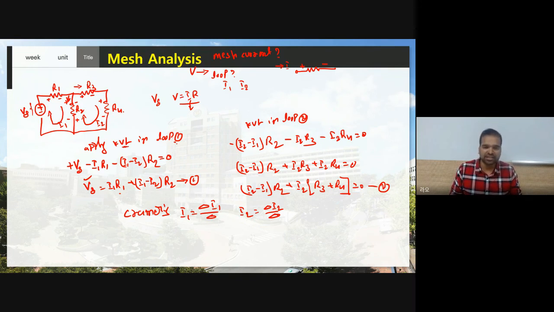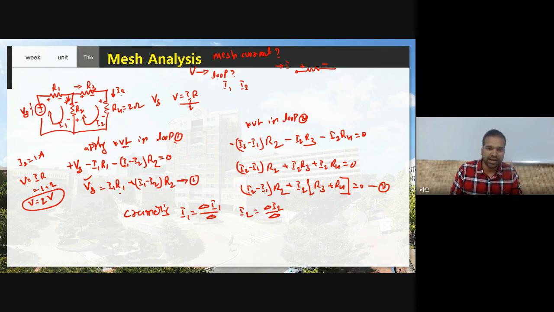Let us consider what is the use of these I1 and I2 mesh currents. Suppose, see, what current is flowing at R4 as per your assumption? I2 current is flowing. Let us consider you find I2, and the I2 value equals 1 ampere. Now here you have R4. Let us consider this is 2 ohm. Now once you know current and resistance, can you find voltage at R4? Yes. V equal to IR. So what is the current flowing at R4? 1 ampere into what is the resistor? 2. Therefore you can find the voltage, 2 volts at R4.